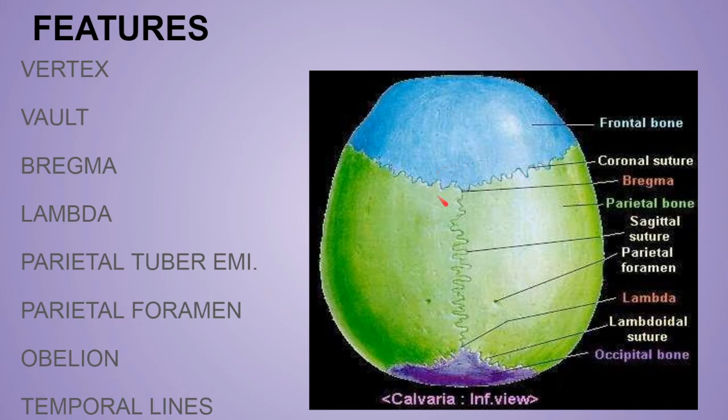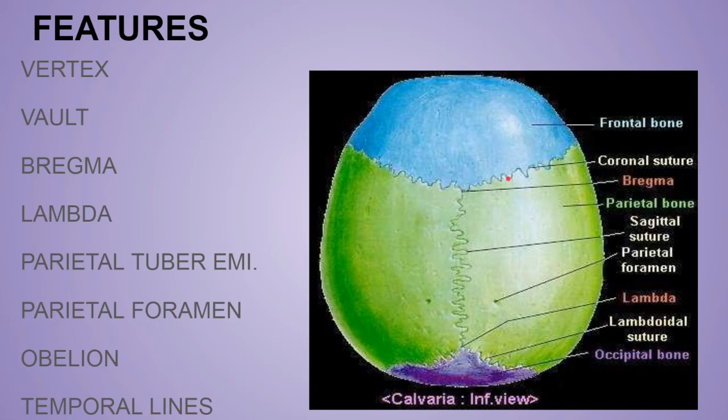Now this is known as the anterior fontanelle. First of all, what is a fontanelle? Fontanelles are the sites of growth of the skull, which permit the growth of the brain and help to determine the age. So fontanelles are the non-fused parts of the skull bone, and they permit the extra growth of the brain. We'll talk about the fontanelles in detail further in this video, but just understand what a fontanelle is. It is a non-fused part of the skull which helps the brain grow in size as the kid grows, and it will fuse after some time. Different fontanelles have different fusing times.